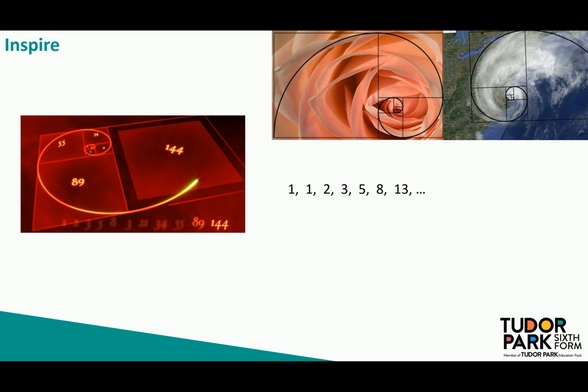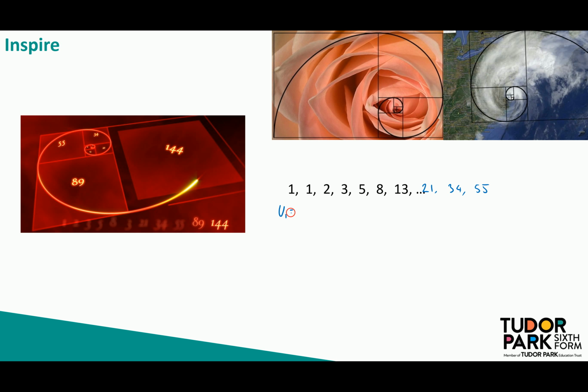Where to form the next term in the sequence, we would need to add the previous two terms together. So 8 plus 13 gives me 21, 21 plus 13 would give me 34, 34 plus 21 would give me 55, and so on. Clearly, there's no common difference here because the differences are all different, and there's no common ratio either. So we need a different way that we can define this sequence, and to do that we use